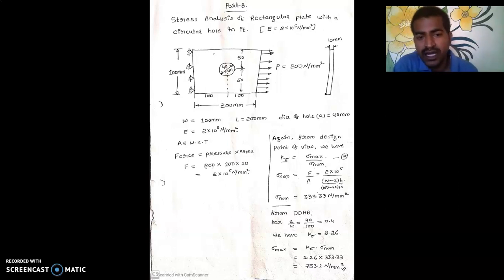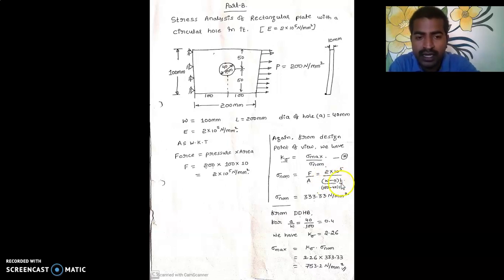So from the design data handbook, for the plate with a circular hole in it, you have this equation: K sigma is equal to sigma max divided by sigma nominal, where sigma nominal can be determined by the formula force by area, that is force is 2 into 10 to the power 5, and area. So this data will be available from the design data handbook.